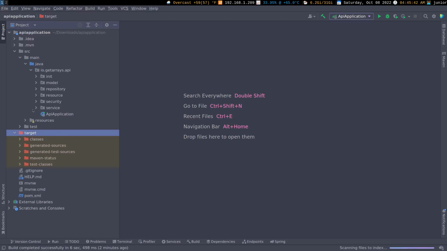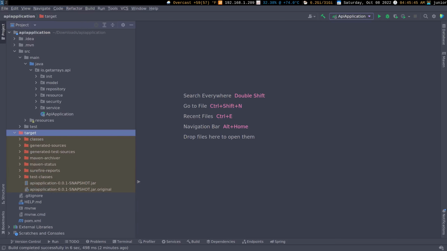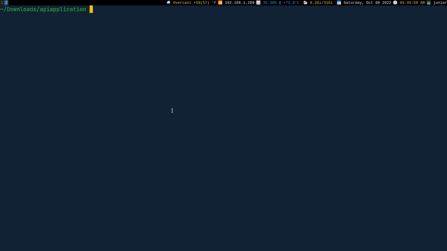If we go back here now, you can see we have a jar file, which is this file right here. Okay, the snapshot one, that one. This jar file is the package application. Inside of there is everything that we just wrote. So if I go back here, clear this, go inside of the target folder, and then list everything, we're gonna